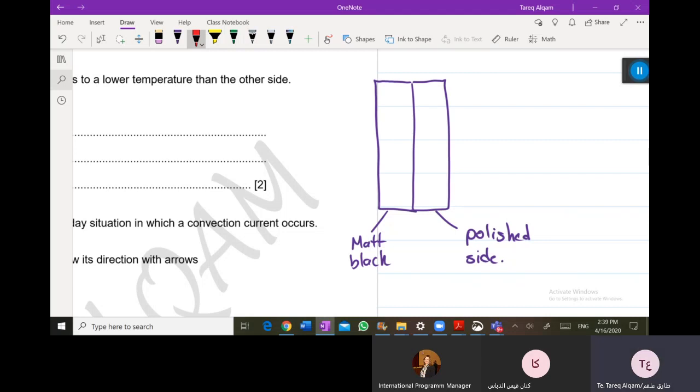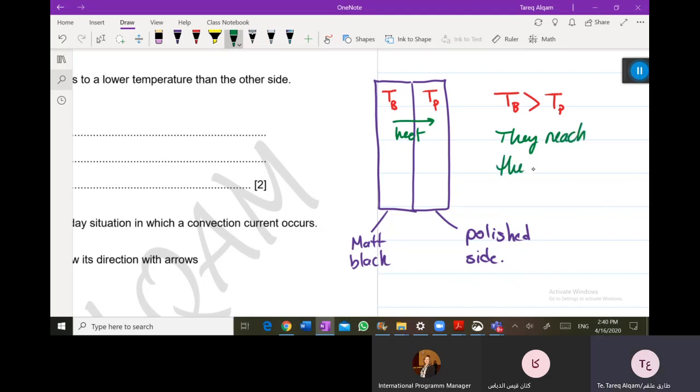Accordingly, guys, since they are in contact with each other, let's say initially the matte one has higher temperature, so the temperature here is higher than the temperature here. If I take this as the black one and this as the polished one, initially the black is hotter than the polished one. Since they are in contact and they are metal, the heat will transfer from the hotter region to the colder region until they reach